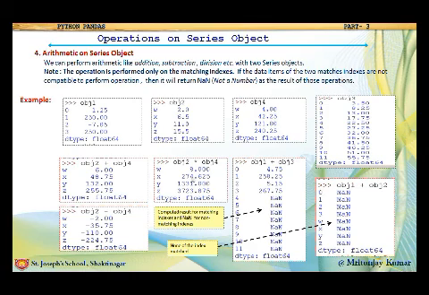So one thing you can remember is that the operation is performed only on the matching indexes, and if the data items of the two matching indexes are not compatible to perform the operation, then it will return NaN, that is, not a number, as a result of those operations.